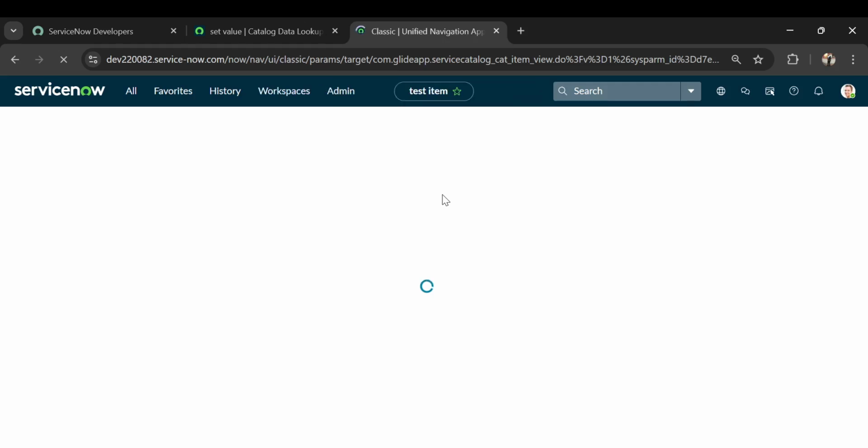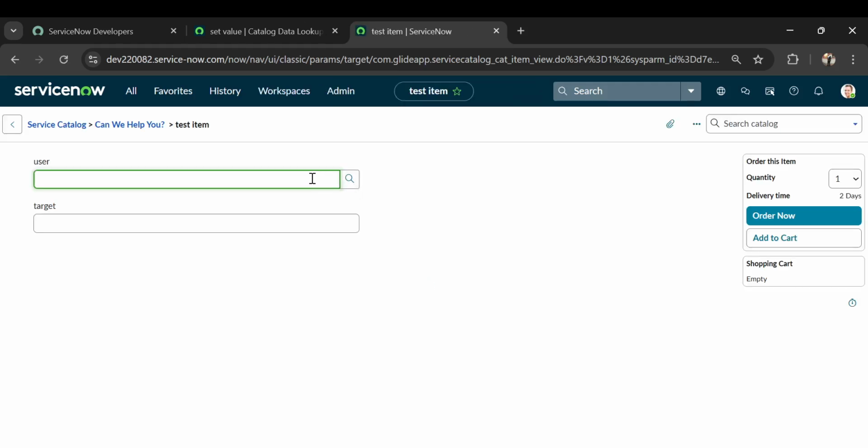Very confusing. Just to answer you, nobody can guess, because data lookup and auto-populate both use a server-side call to get data. There is no guarantee which one will bring data first. Whichever brings data first will get overridden by whichever brings it last. So it is highly recommended: do not use data lookup and auto-populate in combination. And I would say do not use any of these in any combination. That will confuse you. Just to test it, if I put Eval Tutor, you see it came as product management, which means it's coming from